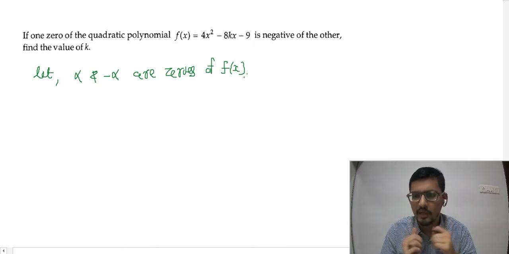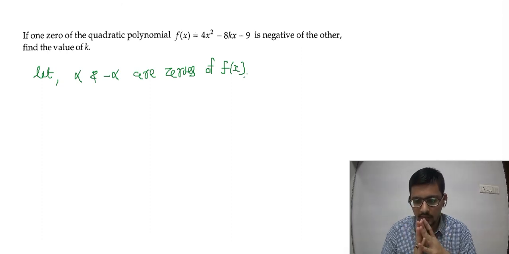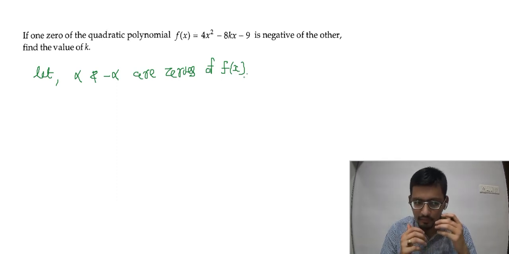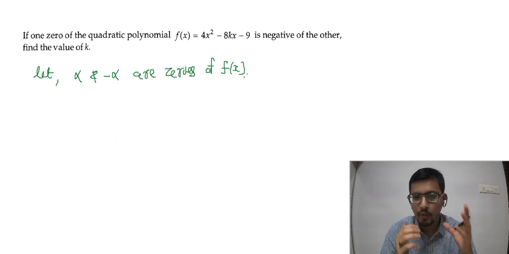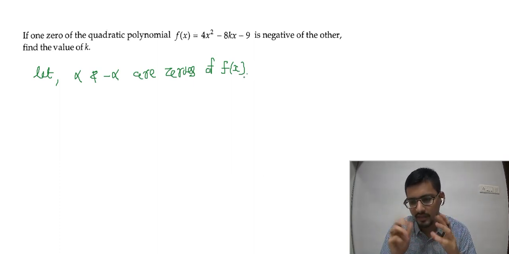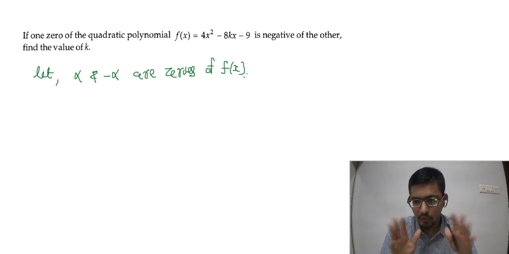Now one thing we can understand very clearly. See, in a question the line of thinking is very important to understand. Our job is always to minimize the variable. In mathematics, one trick you should always remember: think in which direction you can minimize the variable. Now very clearly you can see the two zeros are alpha and minus alpha. If I am thinking from the multiplication point of view, what is alpha into minus alpha? It will become minus alpha square. That means alpha will stay still. But we don't want alpha, we want k.